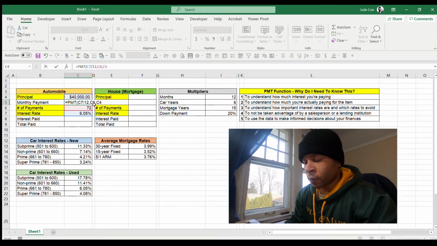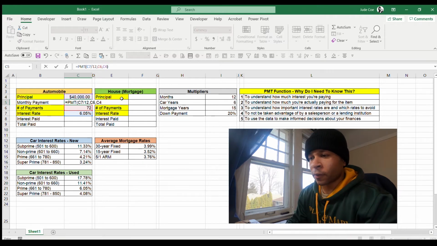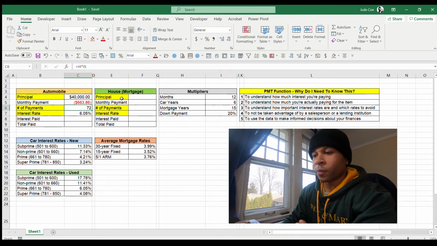Now the FV, and then you press the comma. The FV is future value. We're not going to use that. We don't need to use that. We have all our arguments, and then type. We don't need to use that. So you can actually take the comma out, press and end the parentheses, and then this is your monthly payment